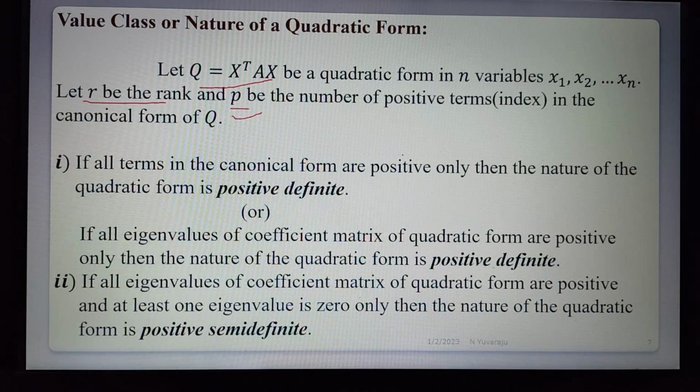Next, second one: if all eigenvalues of the coefficient matrix of a quadratic form are positive and at least one eigenvalue is 0, then the nature of the quadratic form is positive semi-definite. In the canonical form, all terms are positive and at least one term is 0. Also, if all eigenvalues of the coefficient matrix are positive and at least one is 0, the nature of the quadratic form is positive semi-definite. This is the two types. So remaining here,